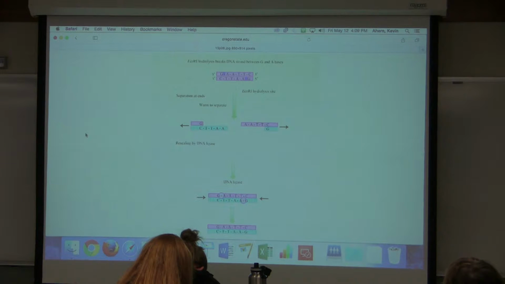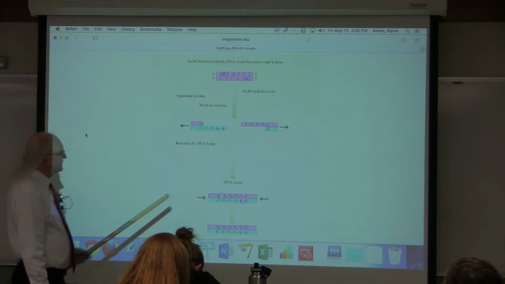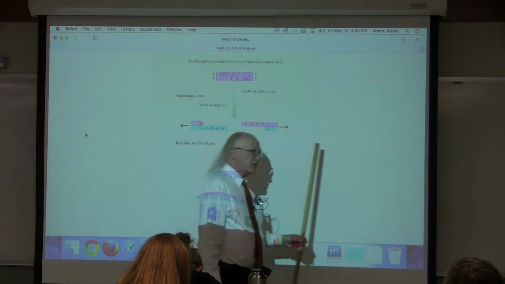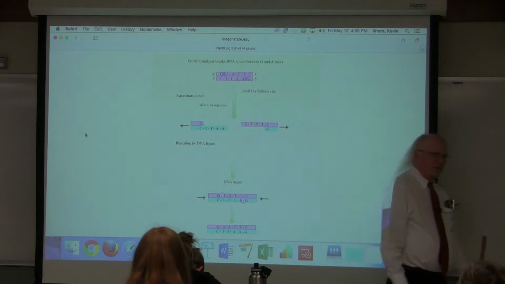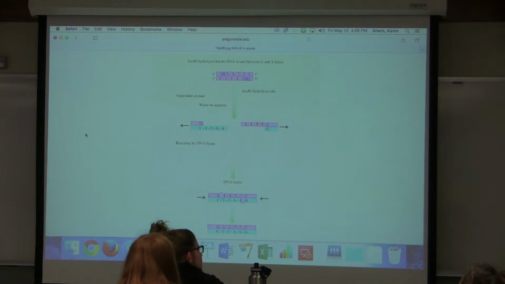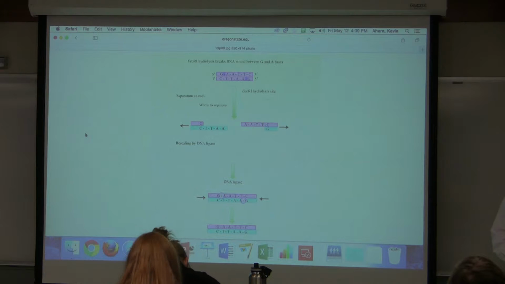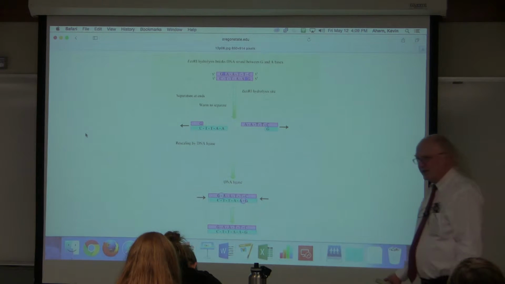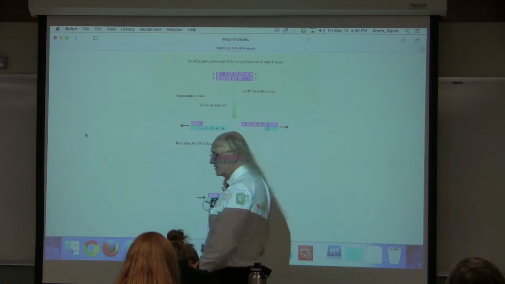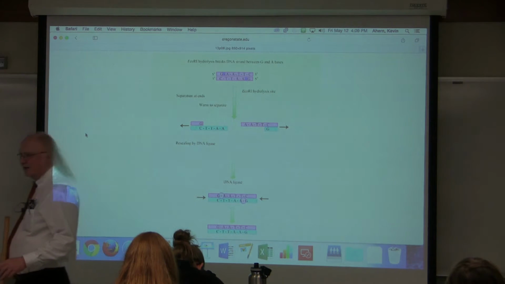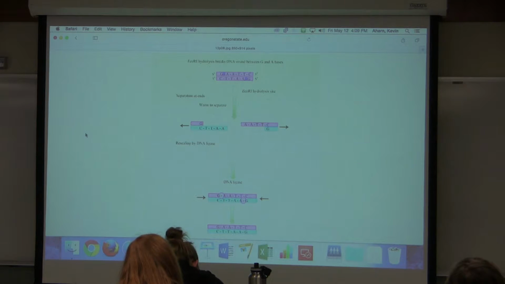The question then arises is, well, what if the methylase gets to the viral DNA before the restriction enzyme does? What do you suppose happens? Well, the viral DNA gets protected. So it's not a perfect system. Everybody wants a perfect system, and it's not a perfect system. But it's a system that works very well and actually does provide quite a bit of protection to bacterial cells